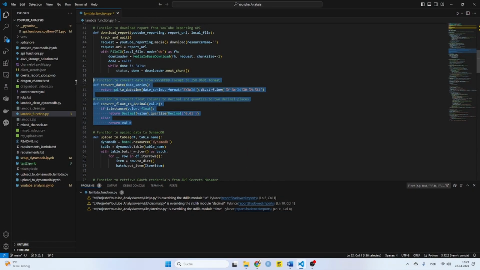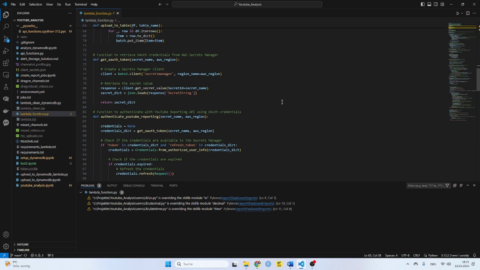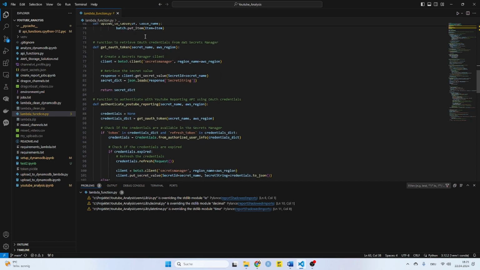The next two small functions are just to convert the downloaded reports data into formatting that DynamoDB can handle. Then we have a function that uploads a pandas data frame to a DynamoDB table. Then we have a function that retrieves the OAuth client token from the secrets manager.